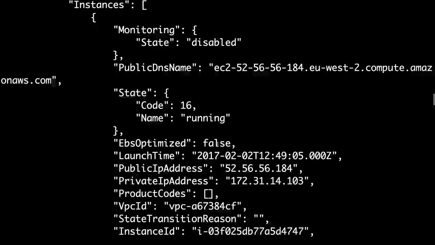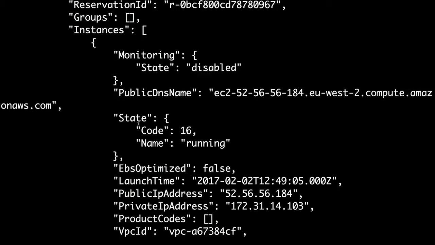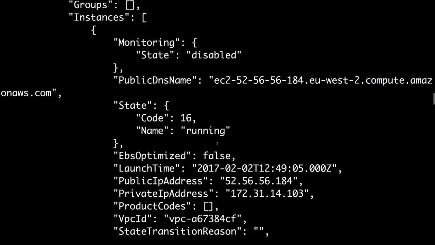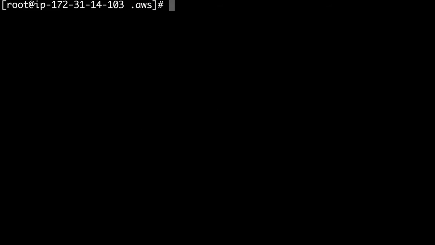Here we go. If I just scroll up, you can see in here under state it's running, so this one is live, and I've only got 2 EC2 instances running, and you can also see my public IP address here. So I'm just going to grab the instance ID, which is this one here. I'm going to copy it, and then I'm just going to clear the screen again to make it easy to see,